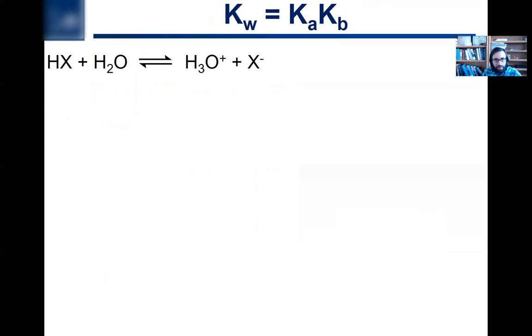Last thing to think about for this video is how does Kw, right, that autoprotolysis constant, relate to Ka and Kb, the strengths of acids and bases respectively. So again, we have this generic expression for an acid, HX,